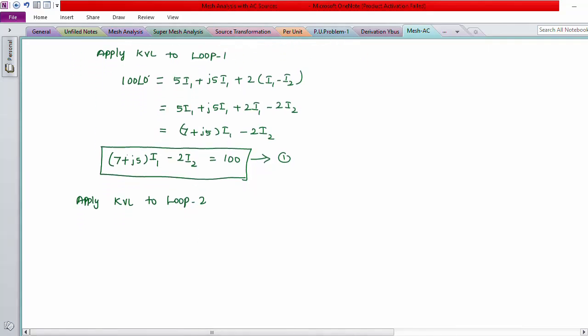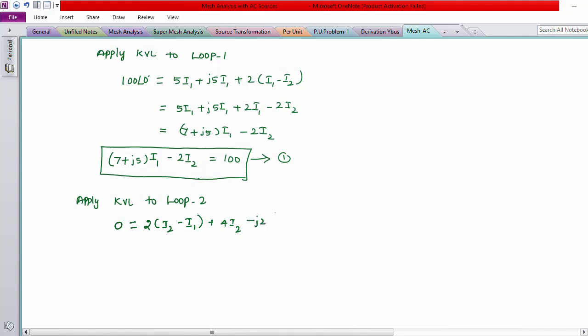Now apply KVL: 0 equal to 2 into (I2 minus I1). Here the 2 ohm resistor is connected common between loop 1 and loop 2. Then we are taking loop 2 current as the major current, so we are writing 2 into (I2 minus I1) plus 4I2